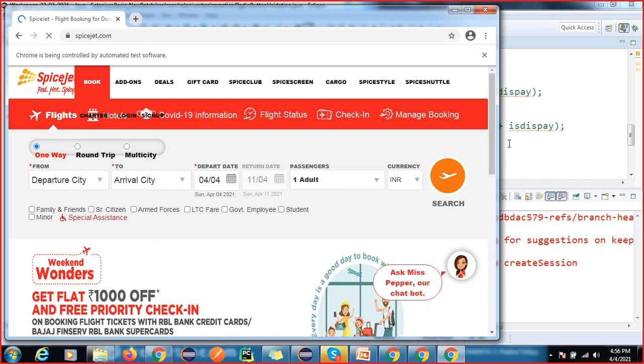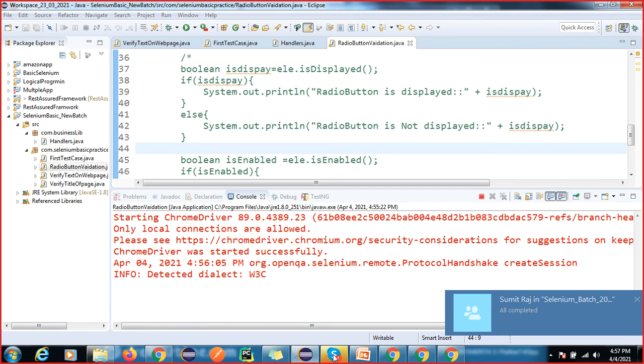You can write the test cases. You can use two websites, one is Amazon and one is SpiceJet. Here you will get all the validation, and you will get some web elements which are dynamic. So you can make your hands dirty, then you will become the master of any subject.